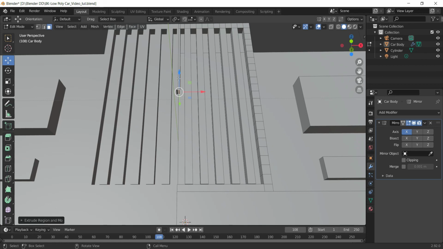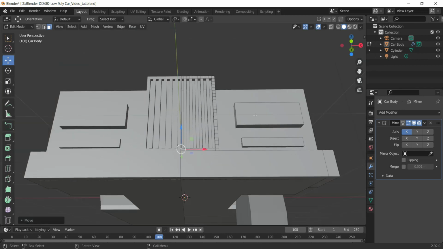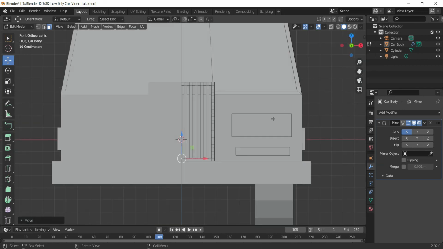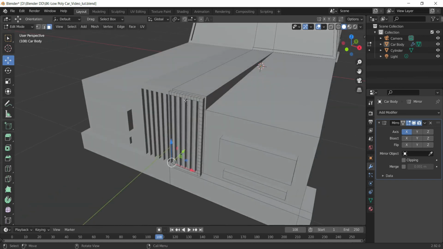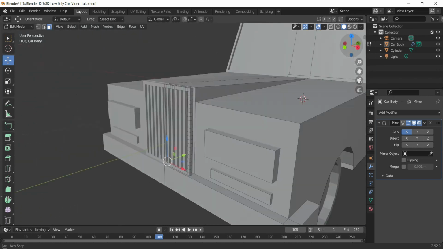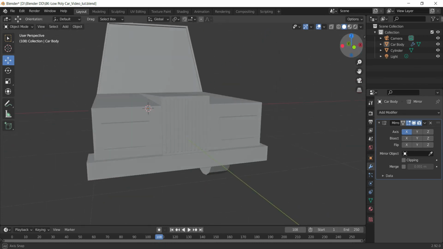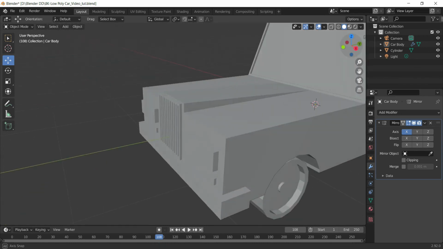Alright, the thickness seems off, so maybe we need to take an even number of cuts. I have taken an odd number of cuts over here, around 10. So I think if we would have taken an even number of cuts, then it might look better. But if you want to manage it like this, then you can definitely do so.